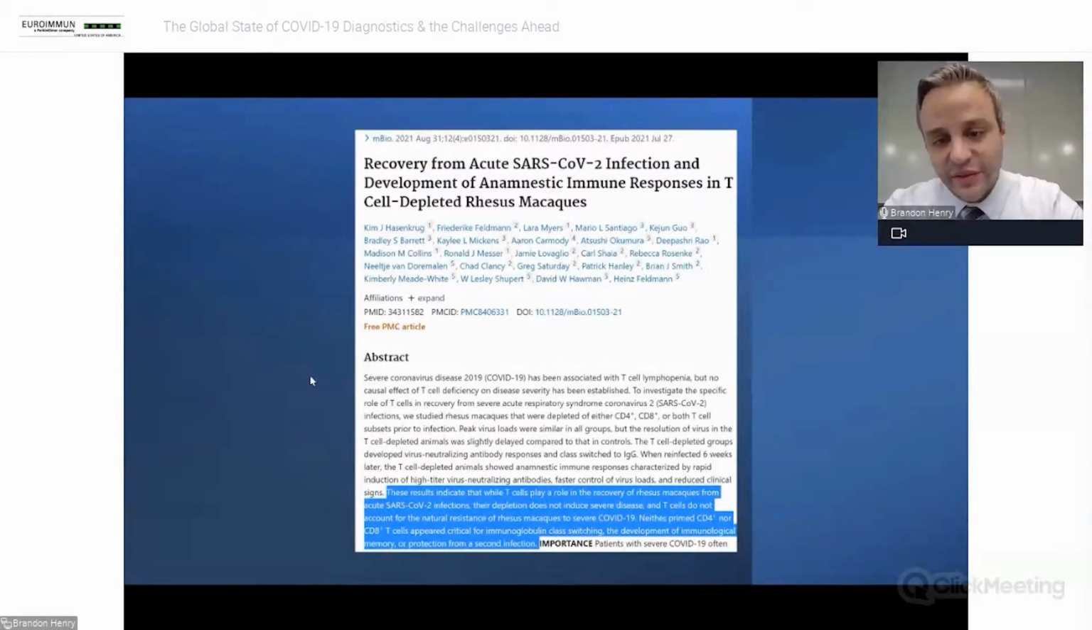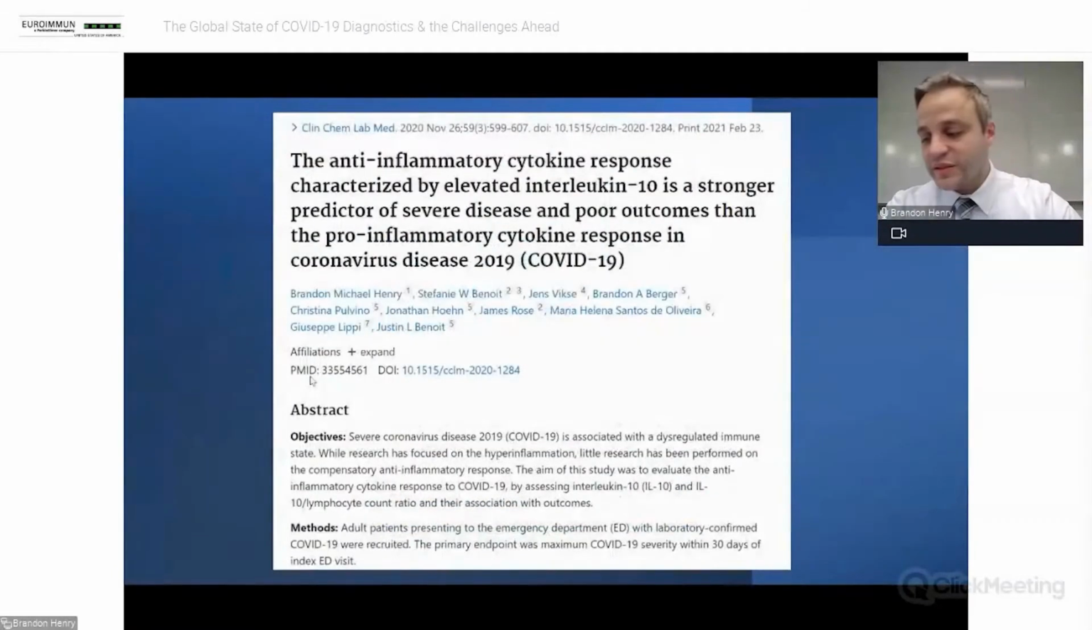It was interesting, though, that wiping out the T cells did not induce severe disease, right? So the disease was the same in the T cell depleted and T cell efficient macaques. And it sort of raised the question about, well, what is the role of T cells in COVID-19, seeing that wiping out T cells didn't result in more severe disease. We talked a little about that immune amnesia. So when you have an infection, your immune system becomes a little bit suppressed